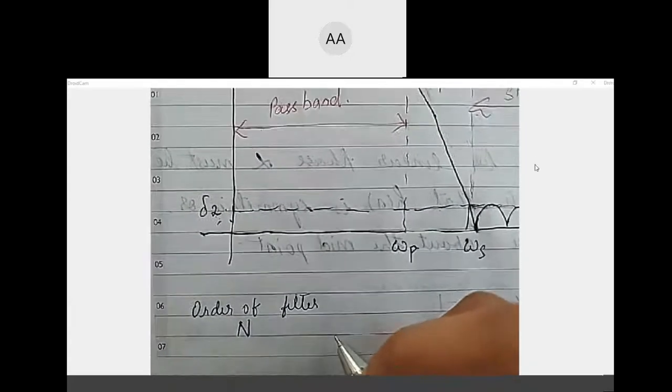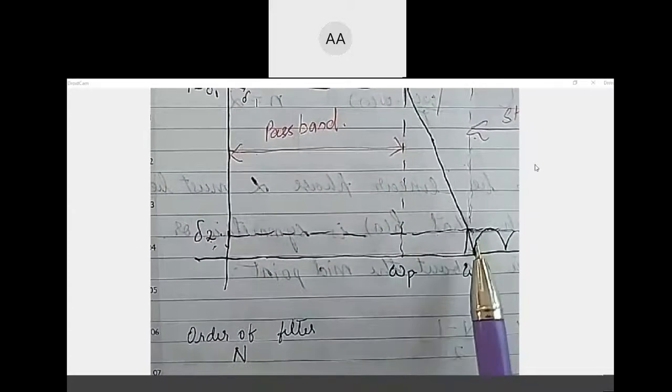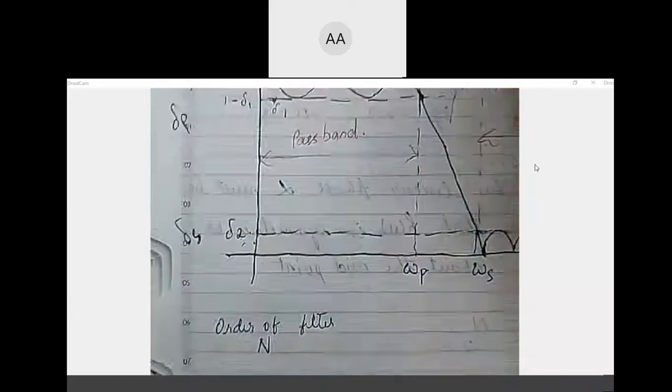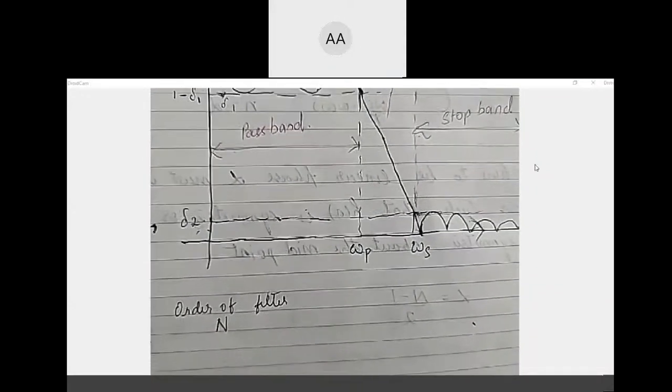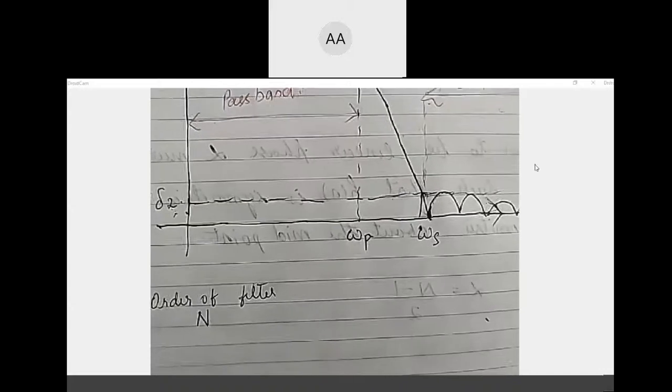So for a given set of values, you can calculate, say some pass band ripple and some stop band ripple is given to you. In many textbooks, they will also write the pass band ripple as delta P and the stop band ripple as delta S. So basically, in many cases, you will need to find the order of the filter.